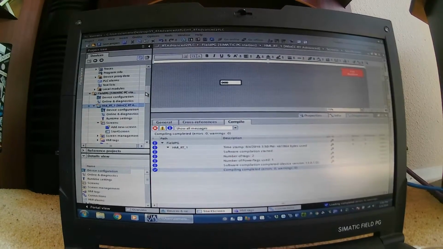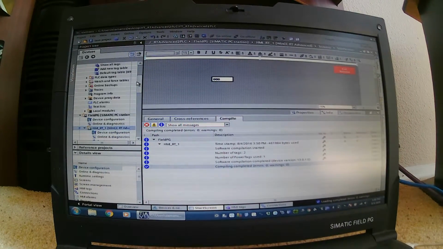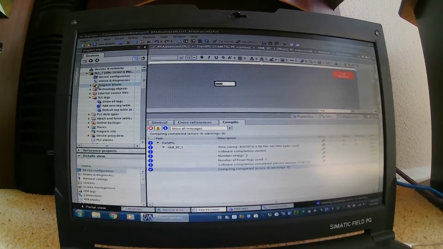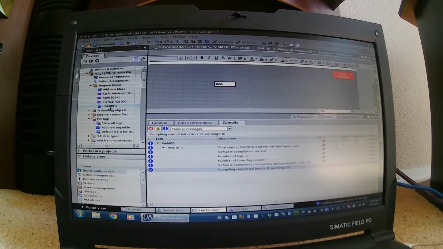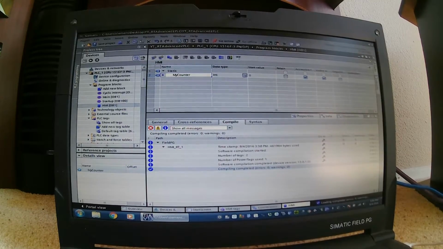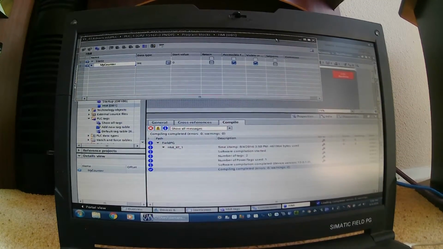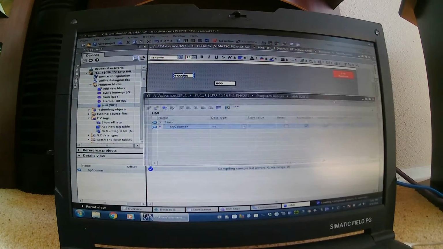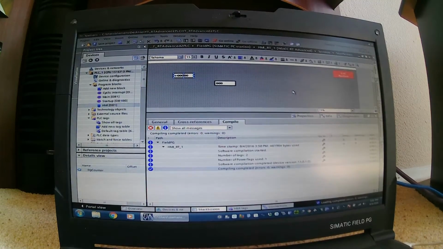So I am just going to add one more tag to my project, and it's just a counter. So it's in a data block. So I'm just going to go to my HMI data block, float that for a second, and just drag it onto my screen. Not the most exciting screens,